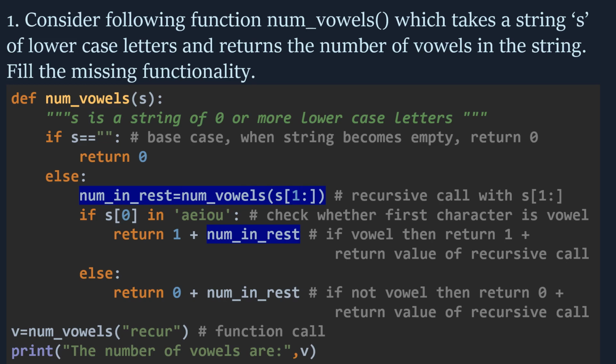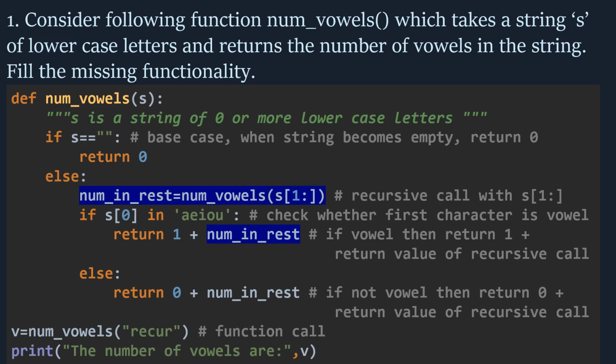Otherwise, you have to take another variable num_in_rest, which is assigned with value num_vowels with the parameter s[1:]. That means num_vowels function is called over here in the else part. And here the string which is passed, you can see here is within square bracket 1 colon.